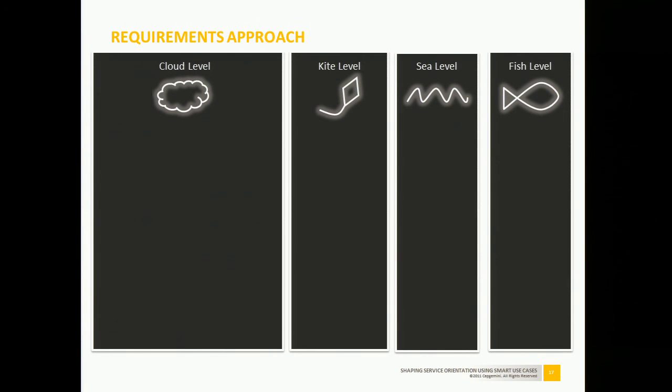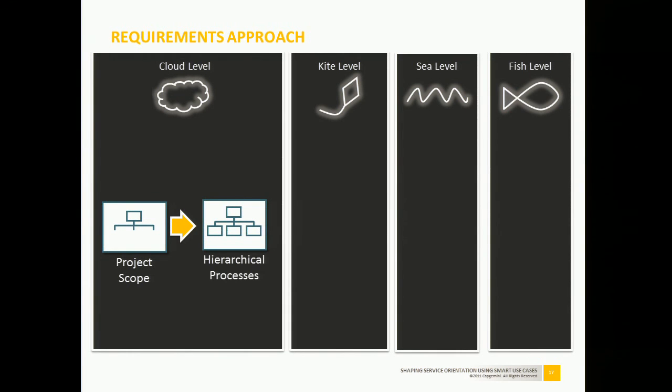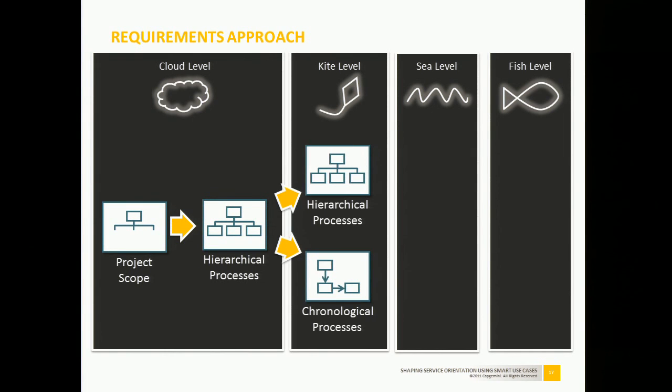So where does the approach start? The approach starts at looking at the scope of your project. It's always important to look at the scope of your project. I will show you some pictures of scopes of projects. These are mostly very loosely drawn pictures, mostly drawn by enterprise architects or a business analyst, or even project managers might do that. And the scope of your project, in an enterprise project but also in smaller projects, will always be that you try to implement a whole bunch of processes. So what we usually do is come up with clusters of processes that we try to implement in these projects. And from that level, you can drill down in either a hierarchical, this is a difficult word for me,